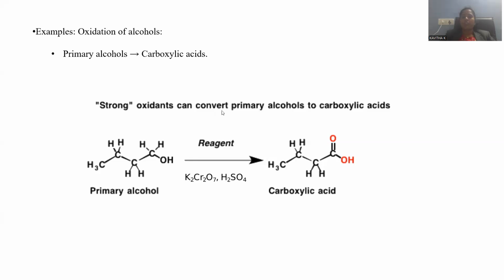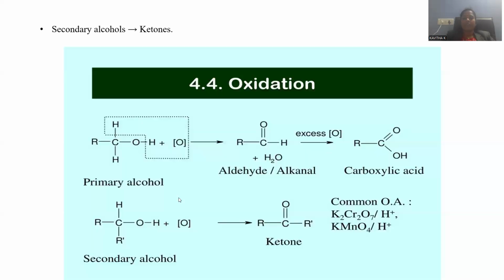A strong oxidizing agent can convert primary alcohols into carboxylic acid. For a primary alcohol, the reagent is K2Cr2O7 under acidic conditions. Always the corresponding carboxylic acid will be generated, or the alcohol will be turned into an aldehyde, and the aldehyde is further converted into carboxylic acid. This is the higher oxidation of alcohols. Always alcohol to carboxylic acid is the higher oxidation. So a two-step oxidation proceeds, being it is a strong oxidizing agent.